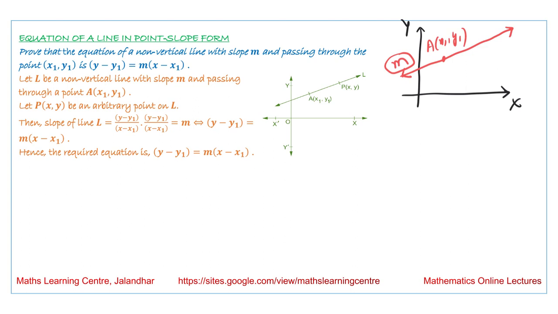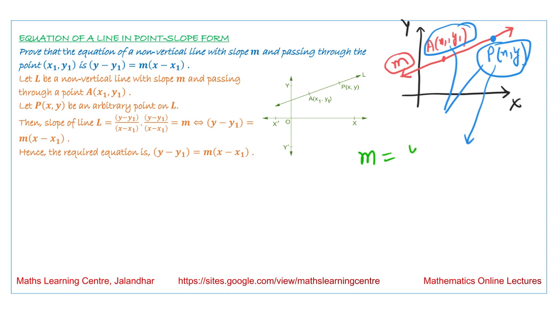Now suppose there is any point P over here whose coordinates are x comma y, and we want to find the equation using this point P. Then we have 2 points, this is point A and this is point P. Using both these points we can calculate the slope m, that is equal to y minus y1 over x minus x1. So this implies the equation of the line, y minus y1 is equal to m into